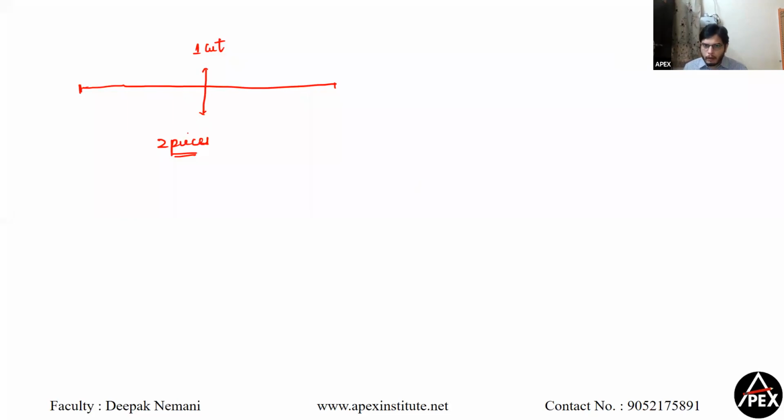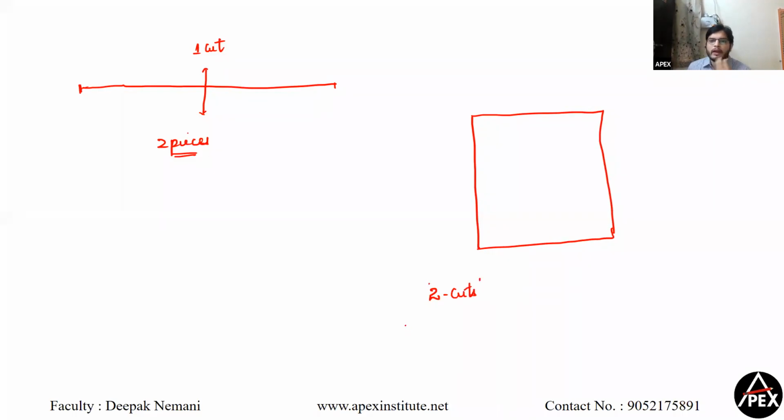Yes. Now if I tell you that we have a piece, let us consider this as a piece of paper. This is a two-dimensional plane. Now I have given you a pair of scissors and I ask you to make two cuts. What are the minimum number of pieces we get and the maximum number of pieces we get? Minimum 3,